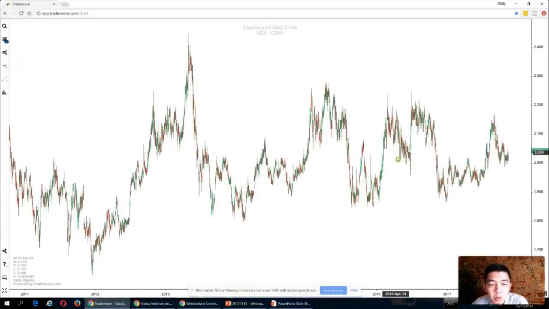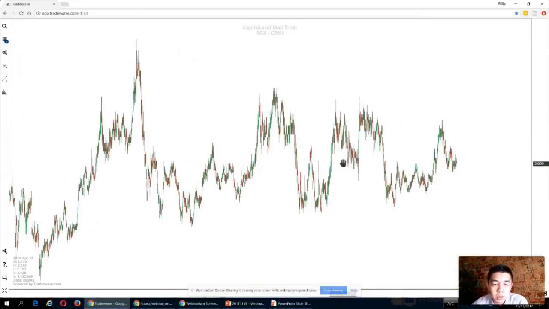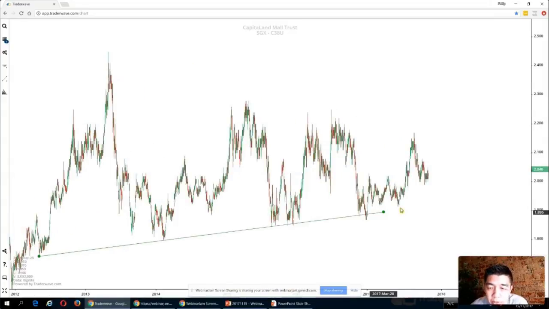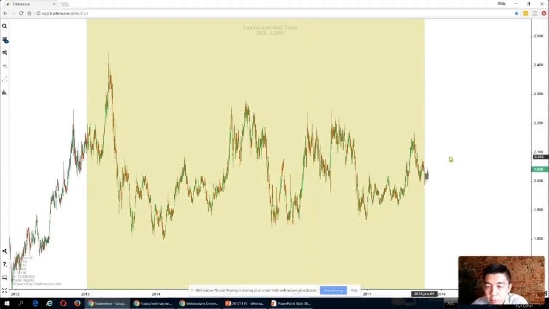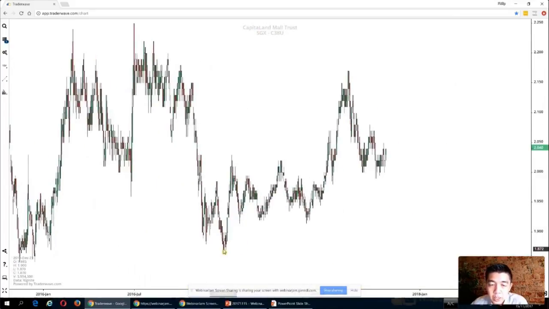But if we zoom in into the more recent times, you will notice that it has a very long-term gentle upslope from here. But if we go into a more shorter term time frame, especially for swing traders, you will notice that it has been forming a support level around this region, and at this moment it seems like it's stabilizing around this current